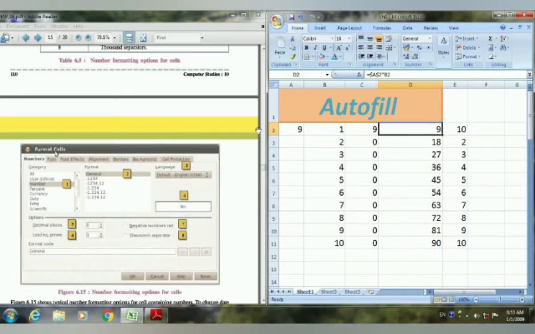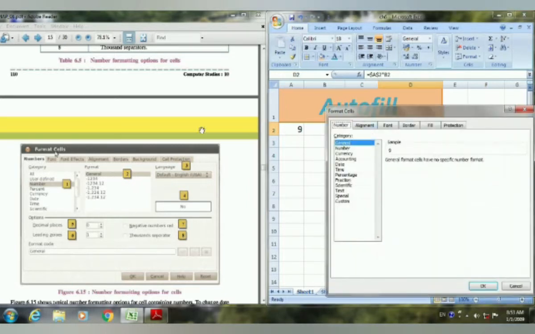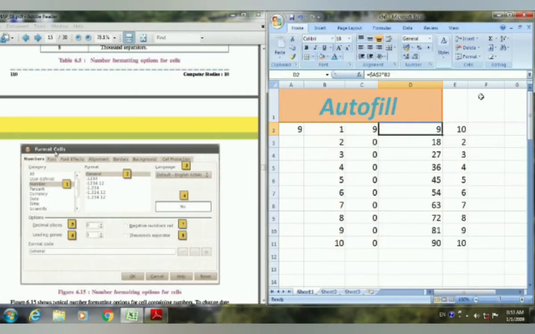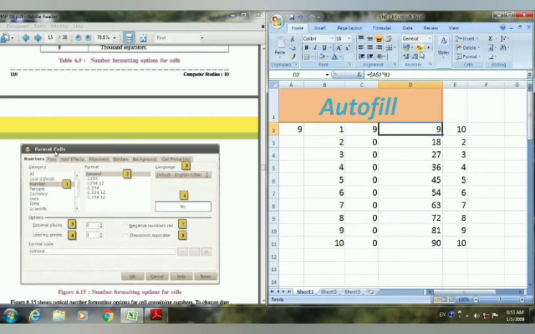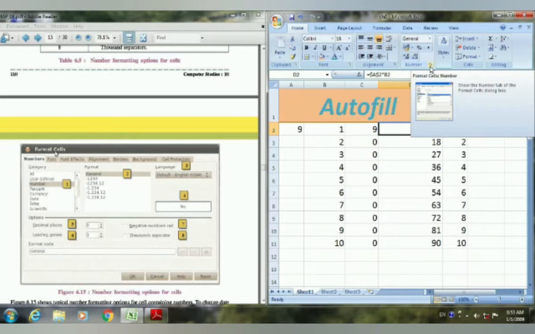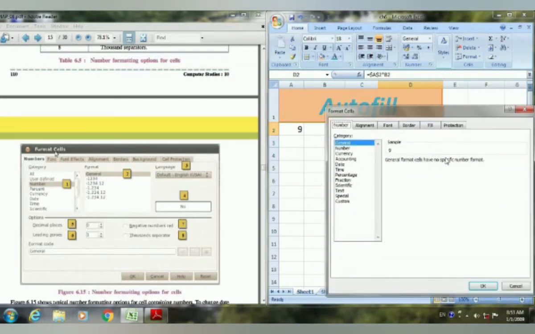So this is the formatting we discussed according to our Calc program and according to our Excel. See, in Calc also the same is there, the format cells dialog box, and here also we have the format cells dialog box. How will the dialog box open in the Excel program? See, you have to click on this button. This is called the dialog box launcher. All the basic functionalities we already have in the small icons, but if you want to see more features, then you can open the dialog box from the dialog box launcher.